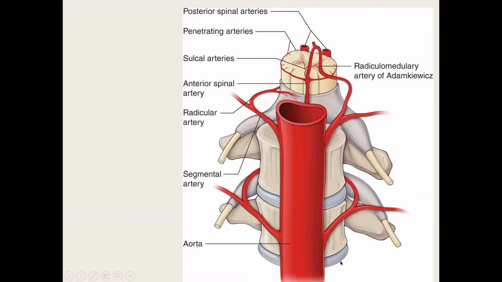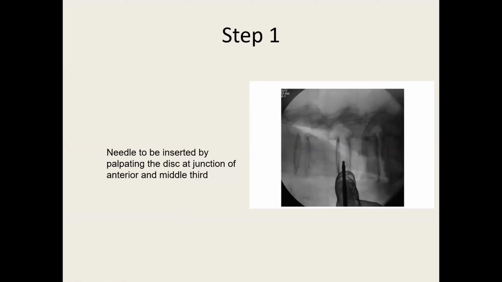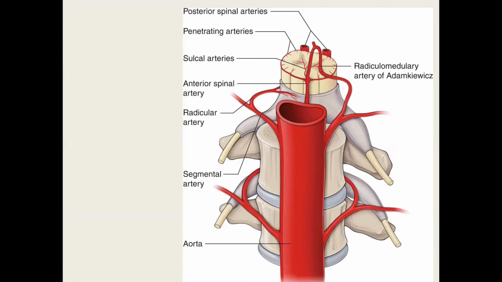So when one places the pin, it is easy to place the pin in the upper body, but one has to probably avoid putting the pin on the lower side, especially at L5. As you can see here, the second district is always better because this area has no vessels, so one can usually place the upper pin. The lower pin it's better to avoid, but if you don't have a vessel, you can place it. But most of the time, even if you put one pin, doing an OLIF is not difficult.